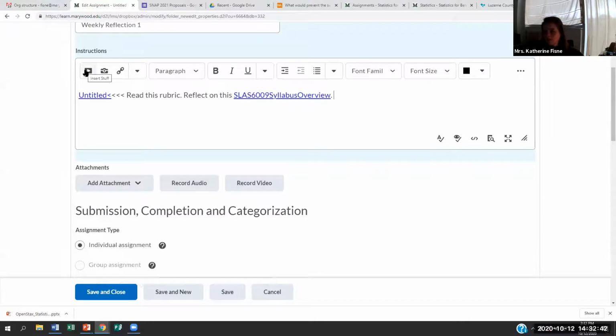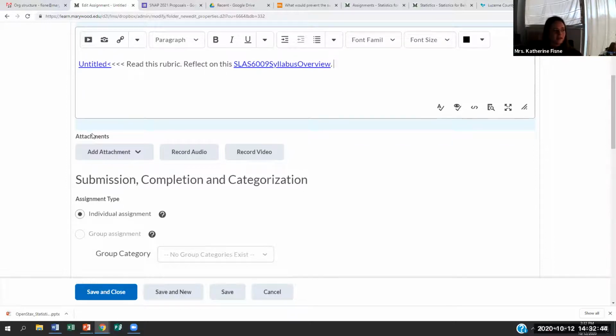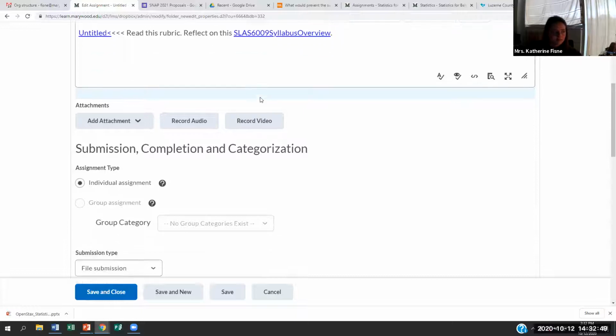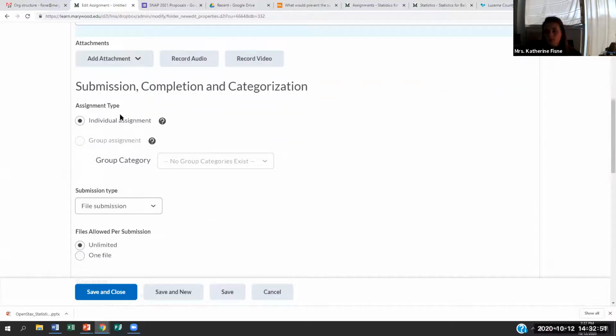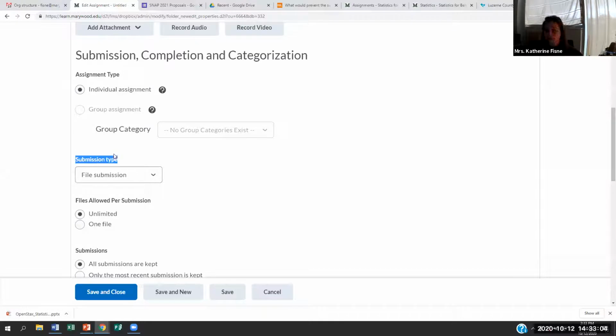You can do your video notes, all the different things. We have add an attachment, record video, record audio, all of those basics. And then down here, we have individual assignments, group categories. Once again, we'll talk about groups later, maybe today if we have time. But individual assignment, and then down here we have the submission type. So the submission type will default to a file submission where they have to turn something into you. A recording, a paper, whatever it is,